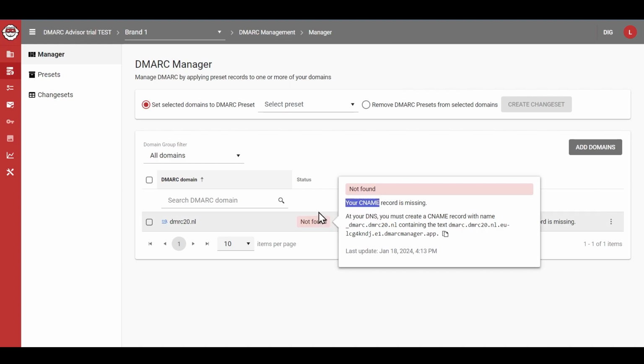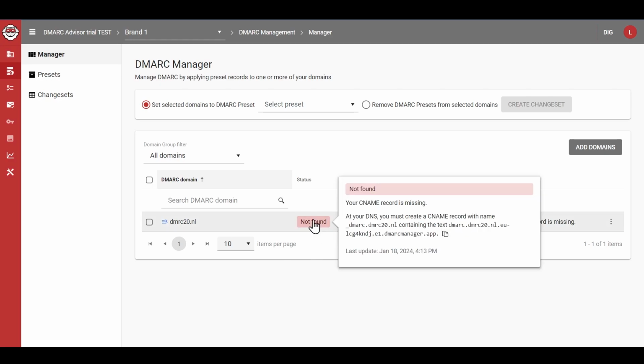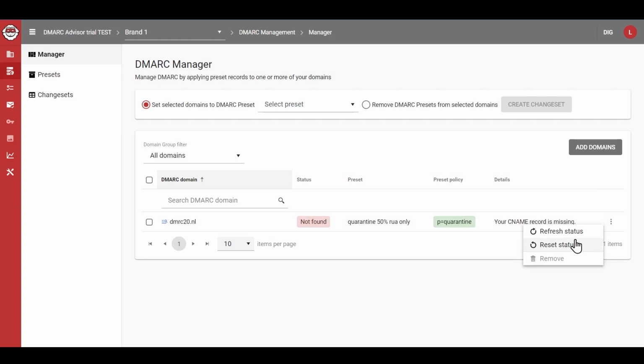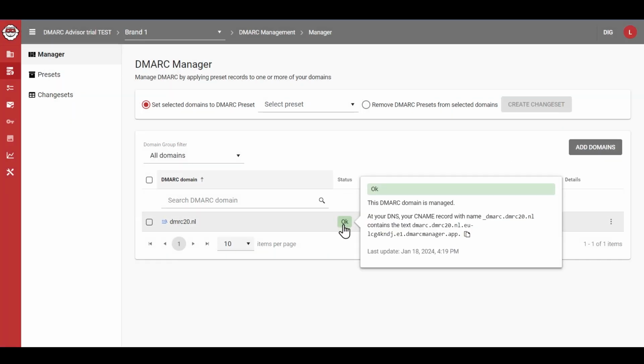So let's take that CNAME record provided by the platform and add it to our DNS. I've just published the CNAME record and now it needs a manual refresh to check whether it's done correctly. And here it shows it's all okay and that this domain is now managed.